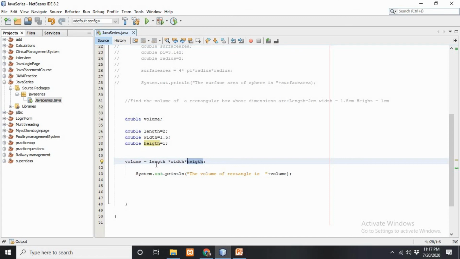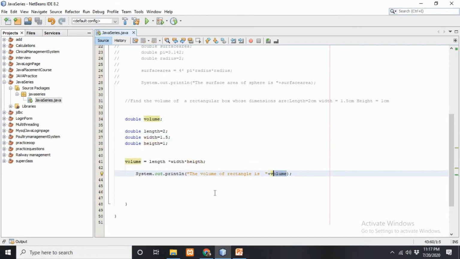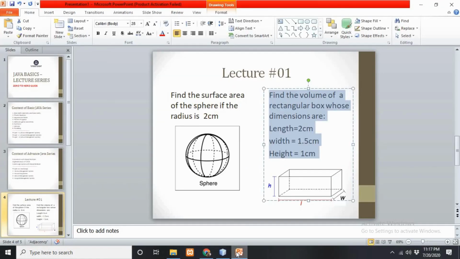So this is the way that it will multiply these three values and store the answer in volume, and we will print that variable right here. So you can perfectly get the answer, that is 3. The volume of rectangle is 3. So this is the way that you can create the program for basic maths type of calculation.